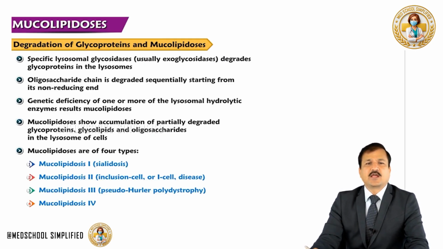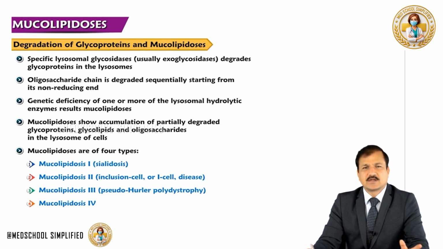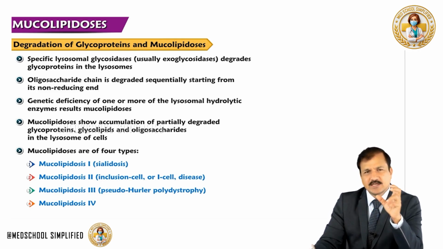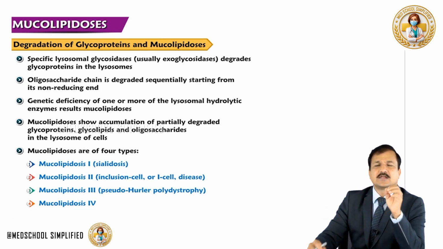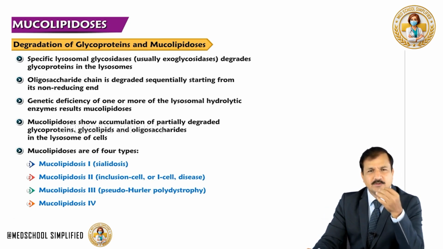The degradation of glycoproteins and how mucolipidosis happens. Note that specific lysosomal glycosidases, usually exoglycosidases, are involved in the degradation of glycoproteins in the lysosomes. The oligosaccharide chain attached to the glycoproteins is degraded sequentially starting from the non-reducing end, and that needs specific lysosomal enzymes which will remove the monosaccharide units attached to the oligosaccharide chain, the carbohydrate chain attached to